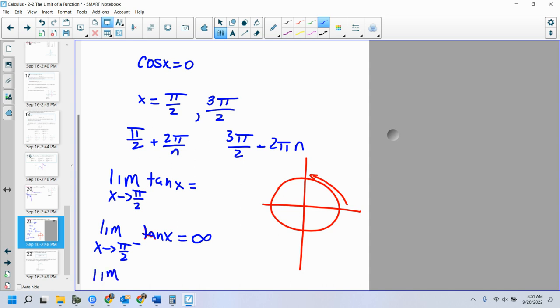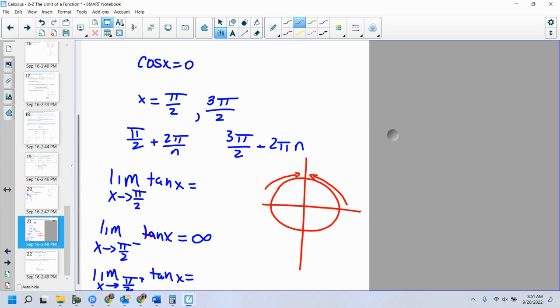Okay, well, what is the limit as x approaches pi over 2 from the positive side of tangent of x? And be careful when I say positive side, I just mean the bigger side. Okay, so what happens here? What about my x values now? They're going to keep getting bigger. It's going to make tangent keep getting bigger and bigger.